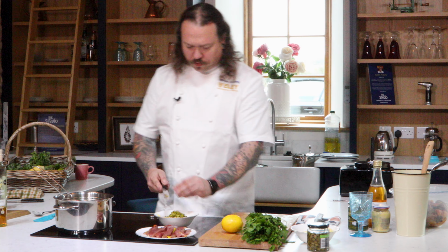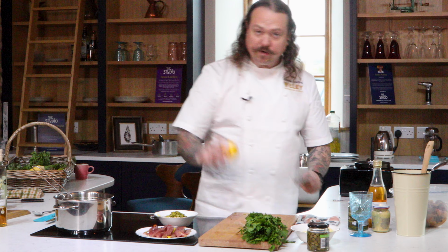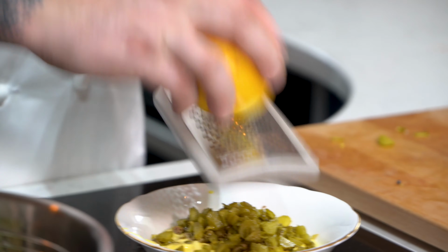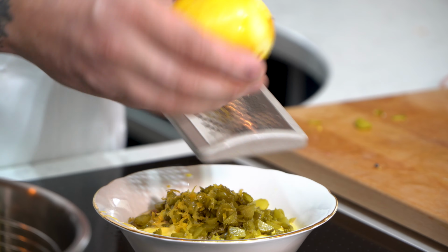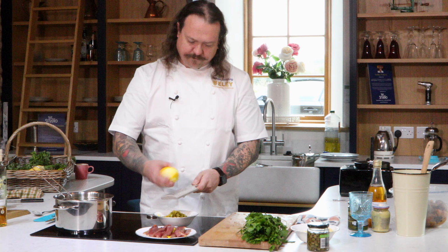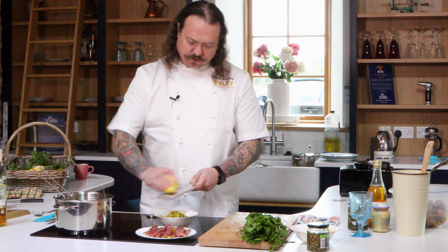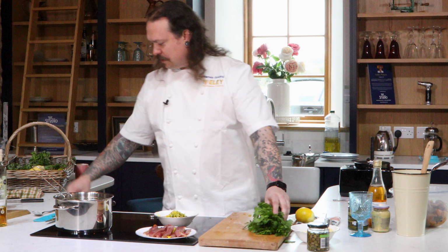Into this, we're also adding some lemon zest. We've already added the lemon juice, don't forget. So this is purely just the zest, probably around about half a lemon's worth of zest. That will do. And then also